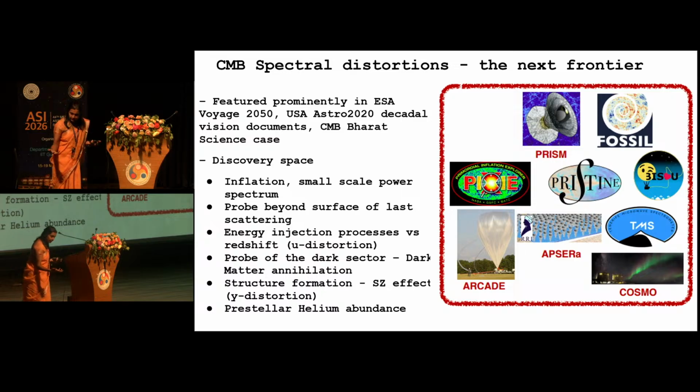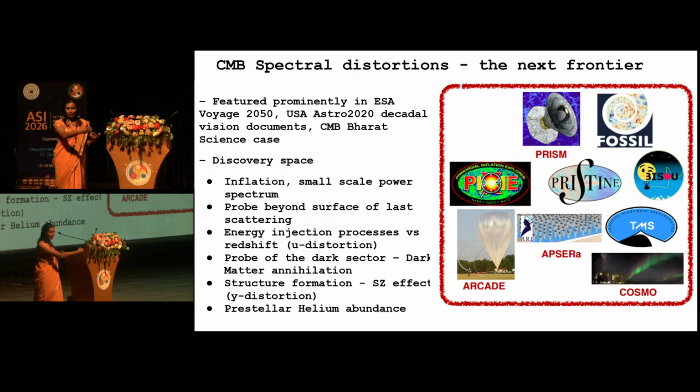So why is this interesting? First of all, it's a probe of the early universe. It helps us trace, as a function of time, the thermal and ionization history of the universe going beyond the surface of last scattering. And if you go into more theoretical details, you will find that if you are able to measure these CMB spectral distortions, you are able to get clues about properties of dark matter, energy injection processes in the early universe from exotic physics, as well as understand structure formation through the Sunyaev-Zeldovich effect. And for my interest in the study of these recombination lines, we are able to experimentally measure pre-stellar helium abundance